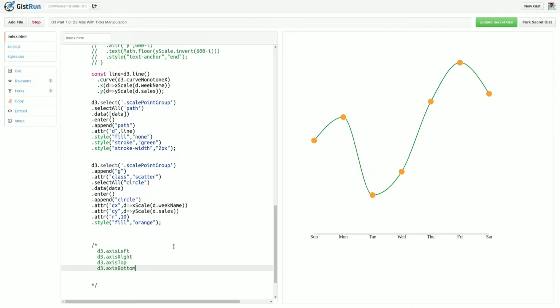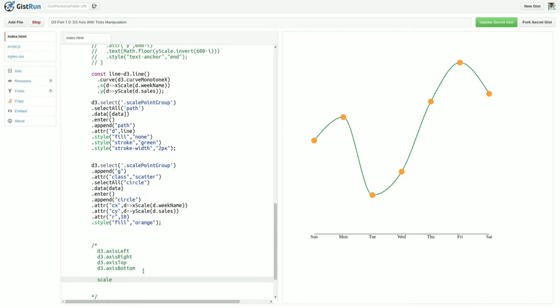If you want to use these axes, you need to pass a scale as an argument to create the axis object.